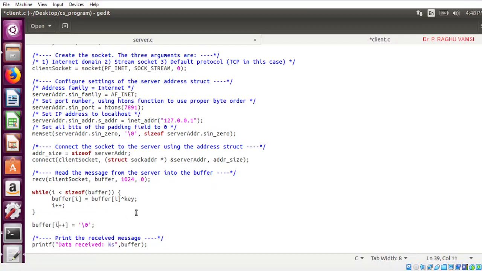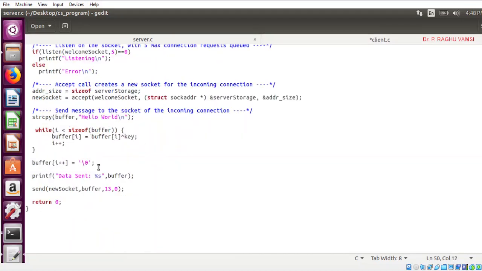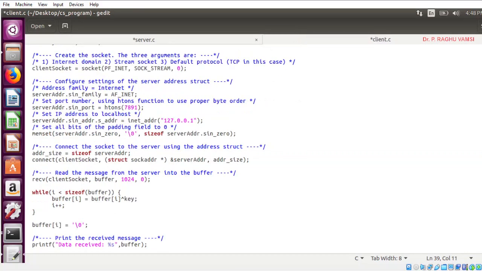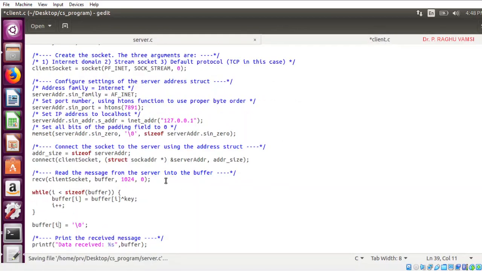Now here i plus plus means the value will already be incremented, so it is better not to use i plus plus here, only buffer of i. Whatever the final value of i will be there, that will be placed here. Save server.c, and client.c, that also you save. So once this was done, then